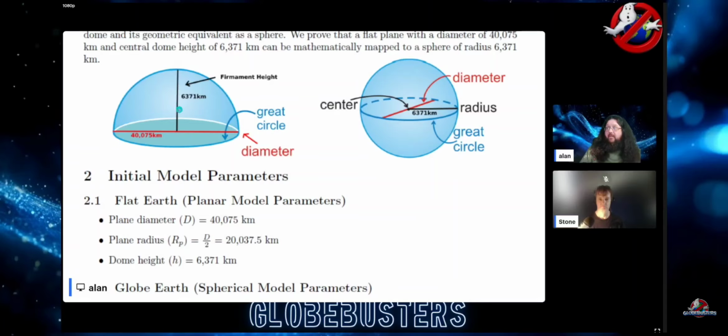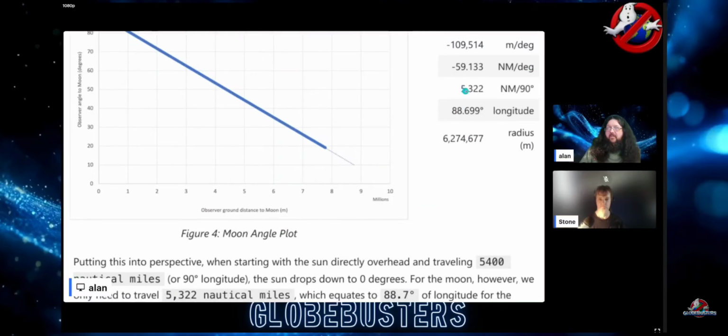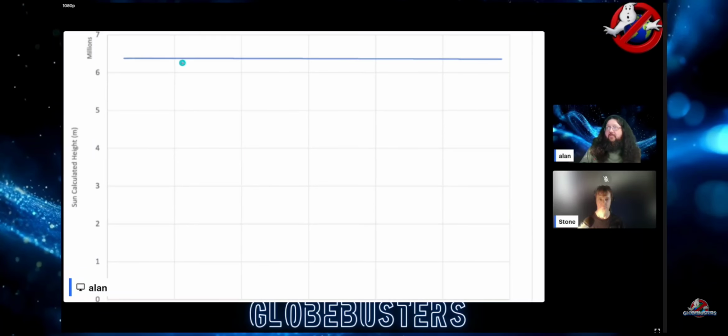But what Brian calculated for the elevation of the sun relative to the elevation of the moon, so putting that up at its value, what was that for the moon? That was for the sun. For the moon, putting that up at 6,274,000, there's almost no change. And remember, it goes back and forth a little bit. So going back and forth, there's no elevation change over the entire duration of the eclipse.